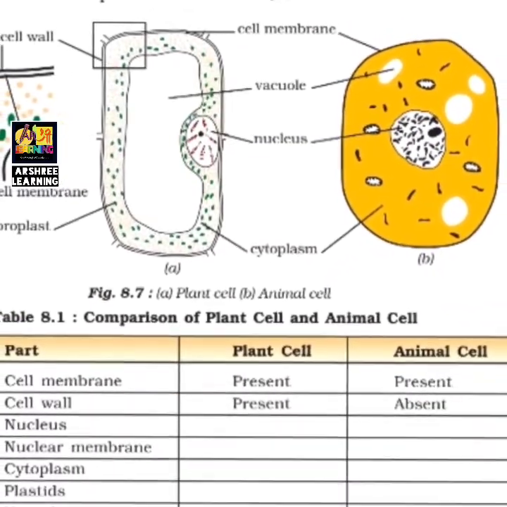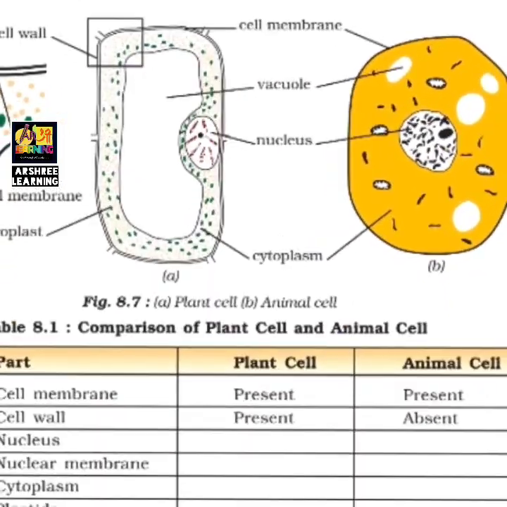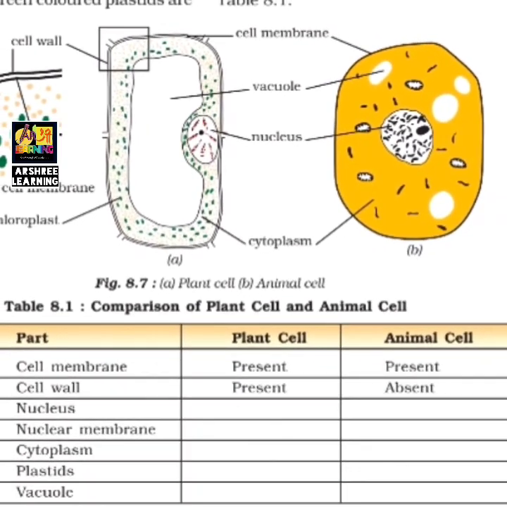These differences have to be written in this table which is shown in your book. So the difference between plant and animal cells with the diagram are important and they have to be written. Both plant and animal cells have got common features, like both of them have got nucleus, cytoplasm and cell membrane. So these will be written as what is common in them. And plastids are found in a plant cell. Vacuole is found in both, but the vacuole is bigger in size in the plant cell. And the cell wall is only found in the plant cell. These are the differences and some common features.